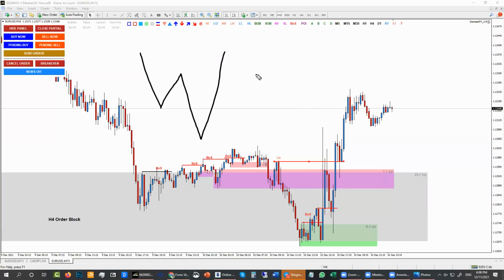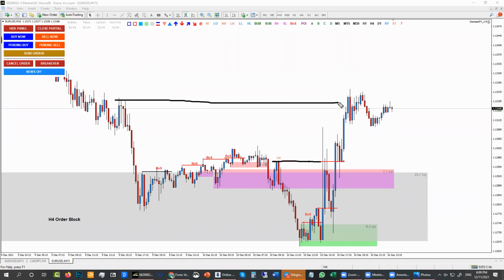You really need to practice your eyes until you feel comfortable that this is your style to choose the break of structure. It may not be working for you. You may be able to avoid all these losses because your criteria is probably that this lower high should be broken or this lower high should be broken, but the rule is still the same.